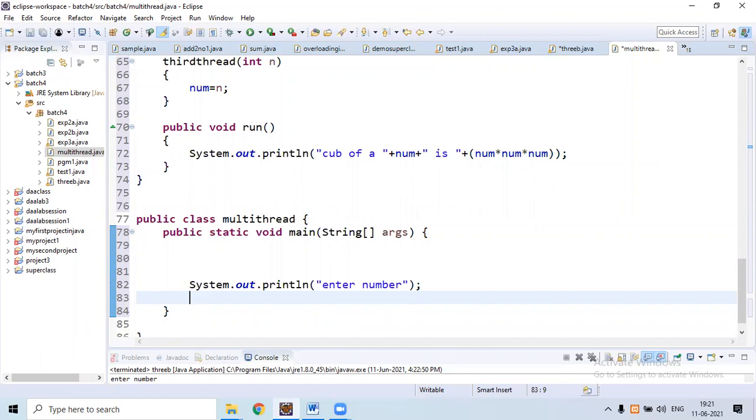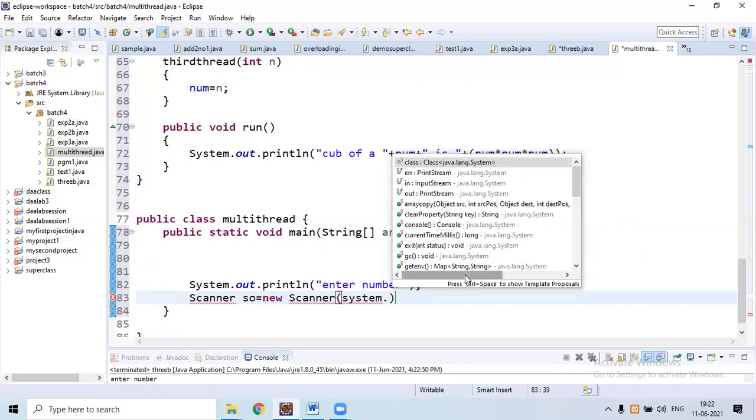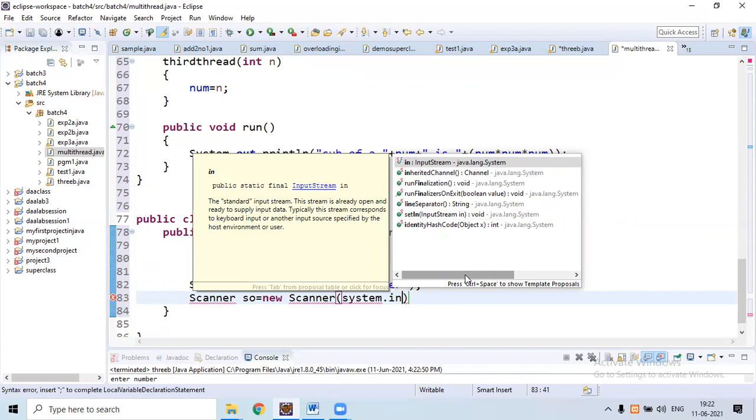So create scanner object by using Scanner class. Inside bracket, we need to type System.in.